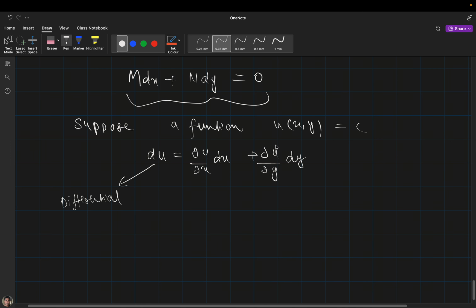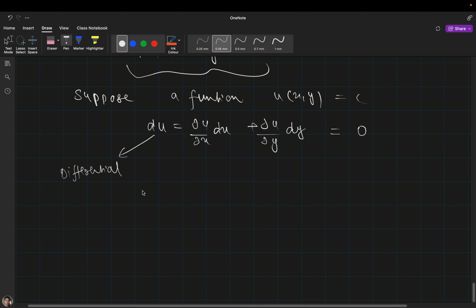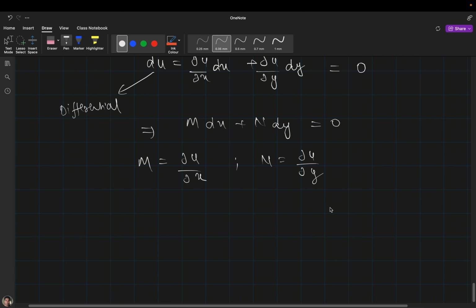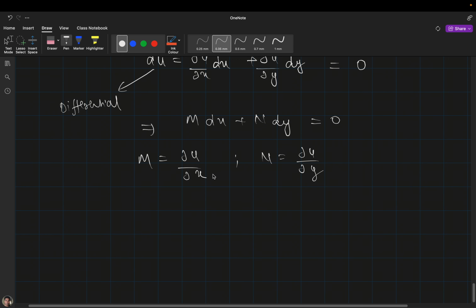Okay, so if you take the differential on both sides, then by the chain rule you will get this, and it will become 0. Then you will get this kind of form, where it will be M dx plus N dy equal to 0, where M is del u by del x and N is del u by del y. Okay, now from the definition of exactness you can see